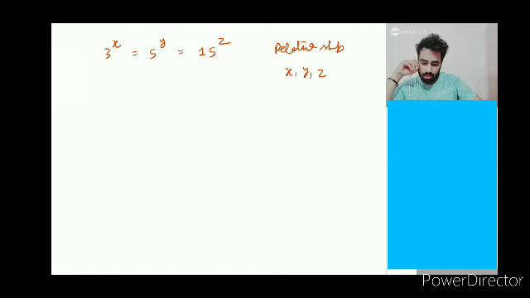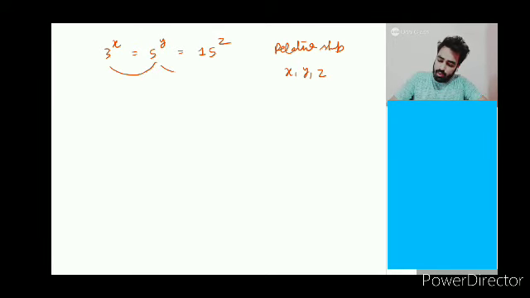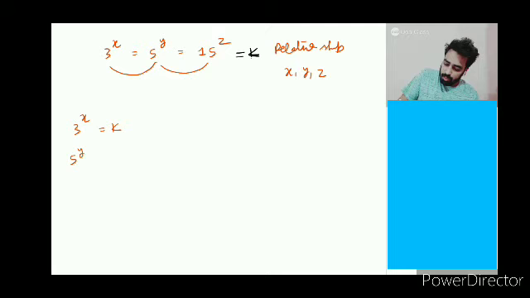If you solve good questions, these types of questions will come. Let me tell you how to identify that and how to solve the question. There is one similarity: 3 into 5 is 15, and all values are equal. So I can write that all these values are equal to a number k. That is 3 power x is k, 5 power y is also k, because it is given in the question that all these values are equal, and 15 power z is also k.